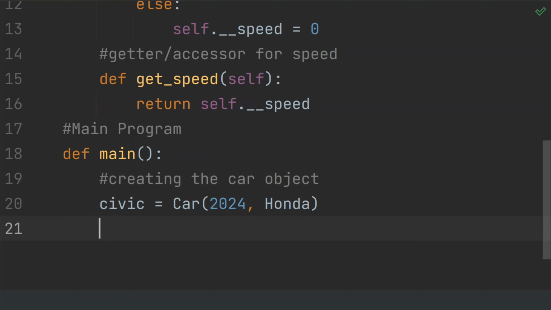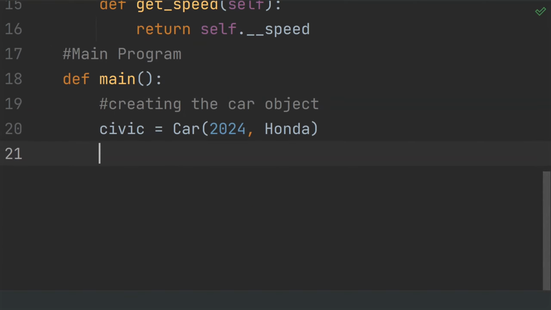After creating the car object Civic, whose model is 2024 and maker is Honda,